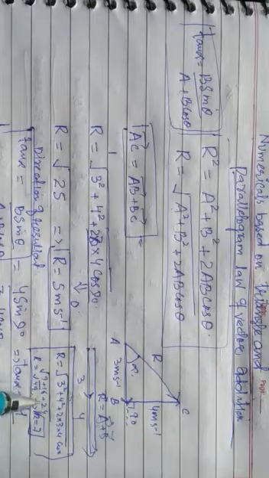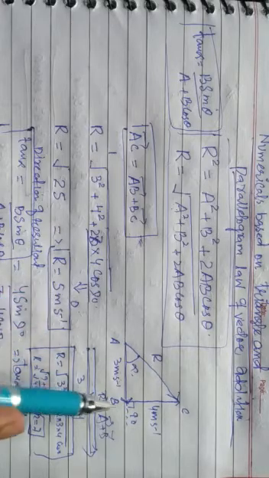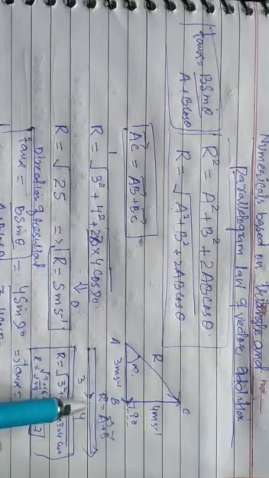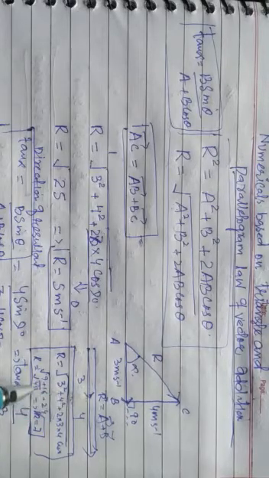This whole sum will be 49, and once you calculate, r will be 7. So only by changing theta, here the theta is 90, the resultant is 5 for the same two vectors. Here the theta is 0, and for the same two vectors we are having r equal to 7. This sum will be 49. You have to check it out.